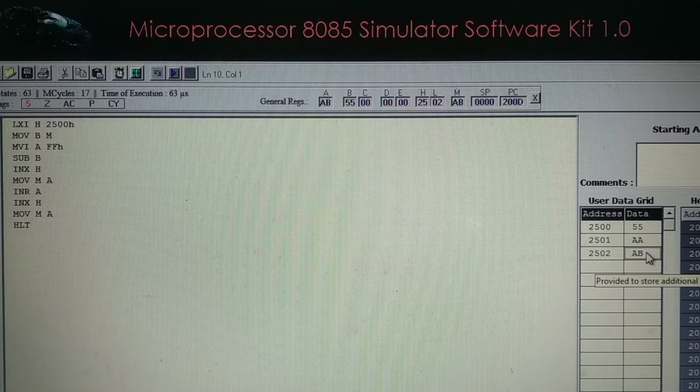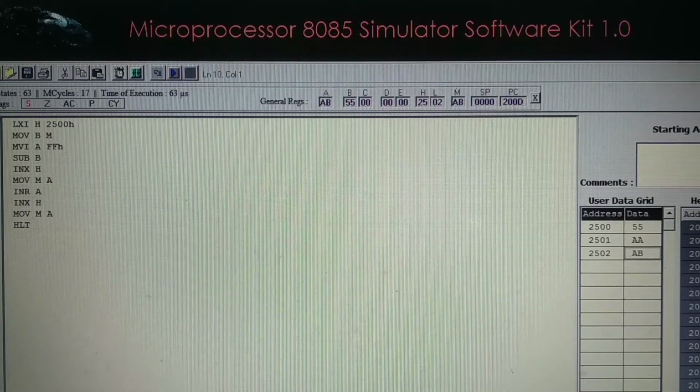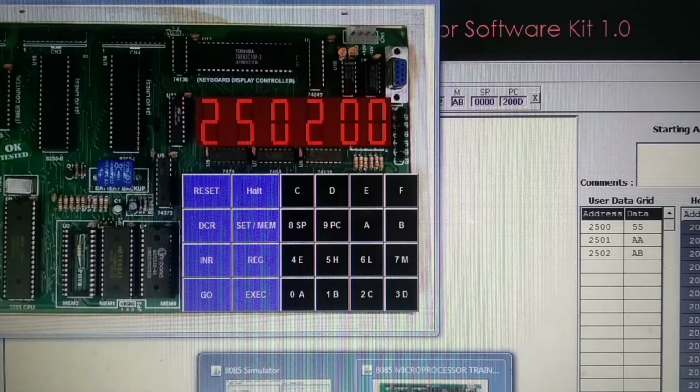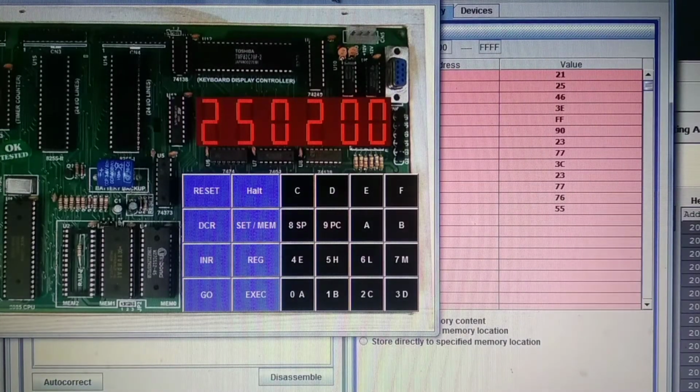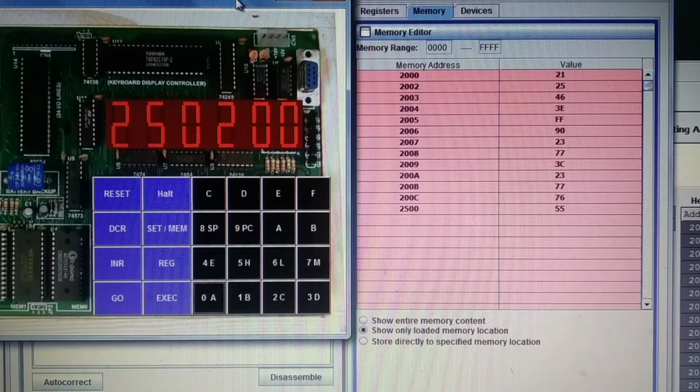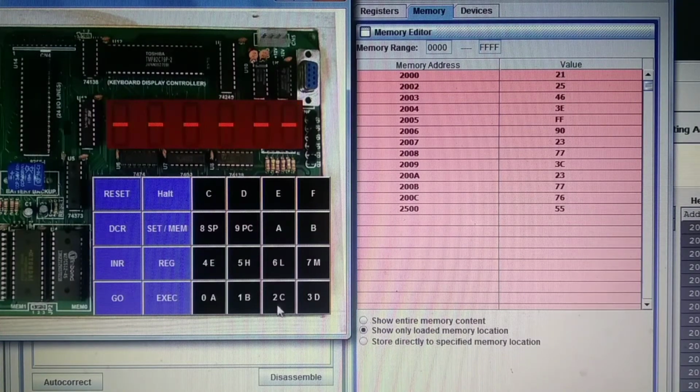Now we are going to execute the same program on a microprocessor kit. Here is the microprocessor kit. Already the program is there from memory location 2000. Reset, set memory.